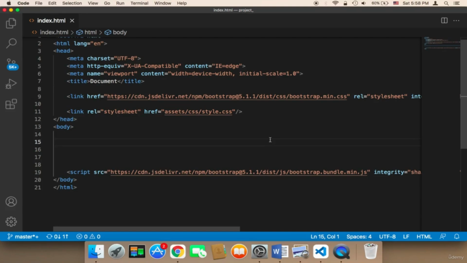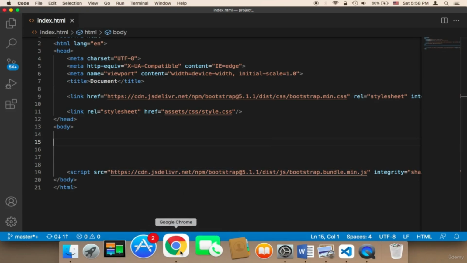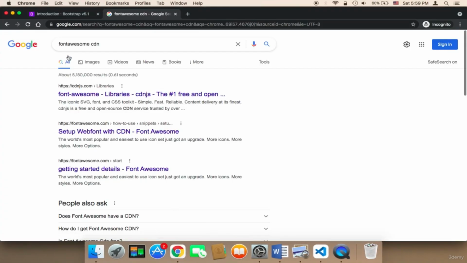Now what we need to do is import Font Awesome in order to add awesome icons to the website. To import Font Awesome, head on over to Google and just type Font Awesome CDN. So you need to Google Font Awesome CDN, and then you will find a link here,